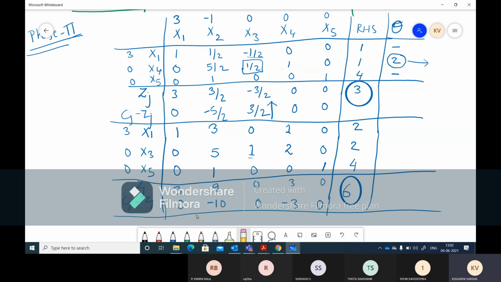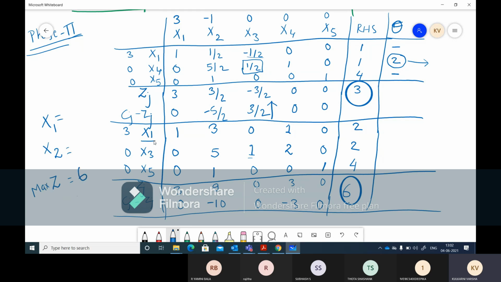right? So what decision variables are there? X1 is there, X2 is there, and Z is there. And this problem is for maximization. There is no conversion. So Z we got as 6. This answer is nothing but the answer for 6. So you got maximum Z, Z max or maximum Z is equal to 6.